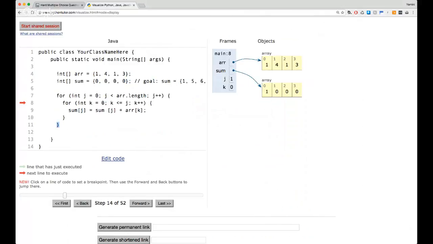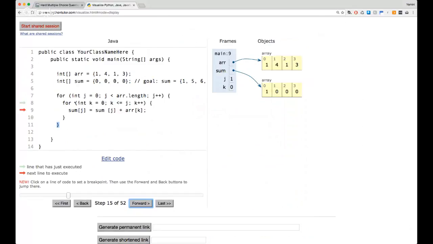Oh, okay. We started again. And we start afresh as if j is 1, and the for loop is just thinking, I just have to do everything in the body, right? Yeah. And so it starts again with k is 0. Okay. Oh, I see now. And then once k is 0, 0 is less than or equal to 1. Right. So it will go to the body,